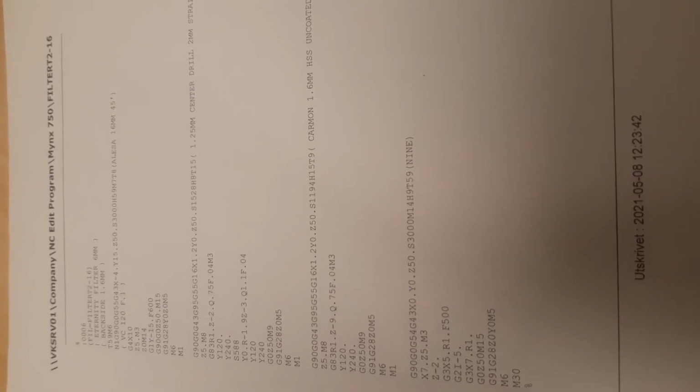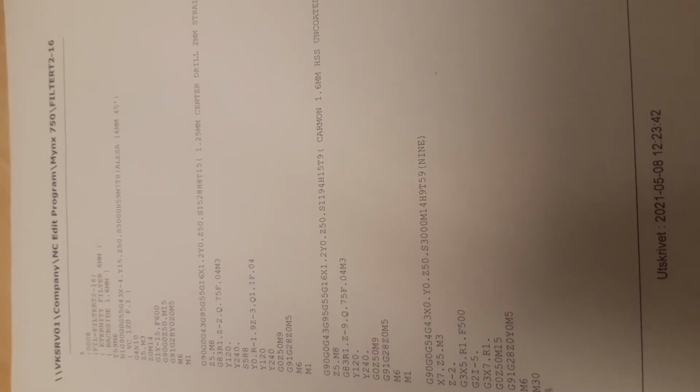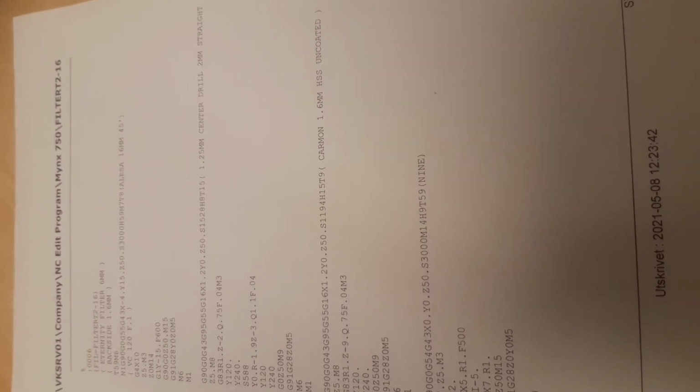I am in the computer room now, and this is the program for Tempo 2, which is the hole pattern on the back side of the filter. This is where it gets tricky technically, because I am forced to use old tooling, and the drills are very, very small. As you see, I have a center drill that's 1.25 millimeters to help the 1.6 millimeter Carmon HSS uncoated drill,